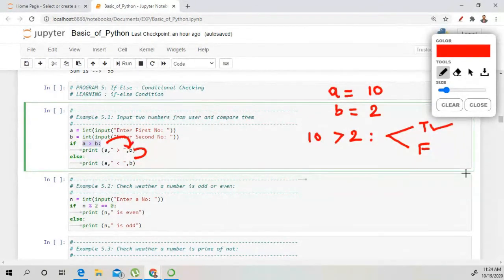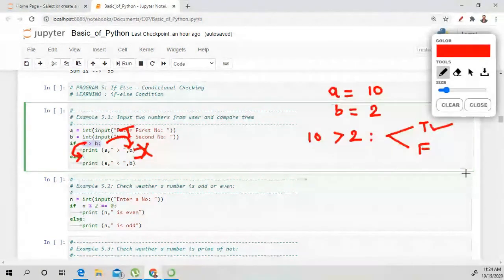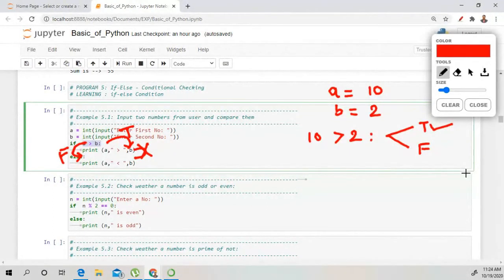If this statement is false, then this statement will not be executed. Okay, it will move directly toward the else statement. If it is true, then the statement will execute. If it is false, then it directly moves toward the else statement and prints the else statement. Any doubt till now?